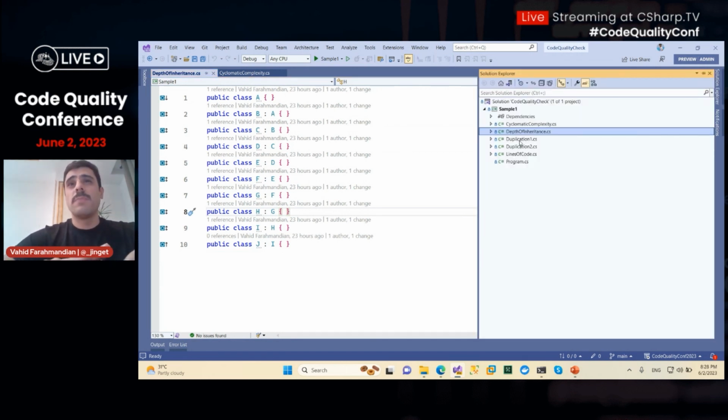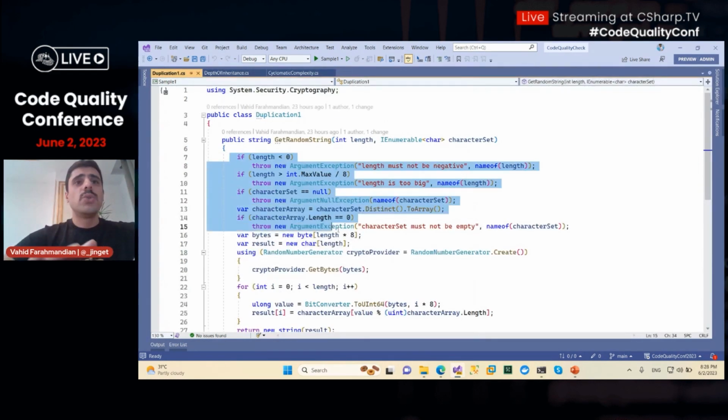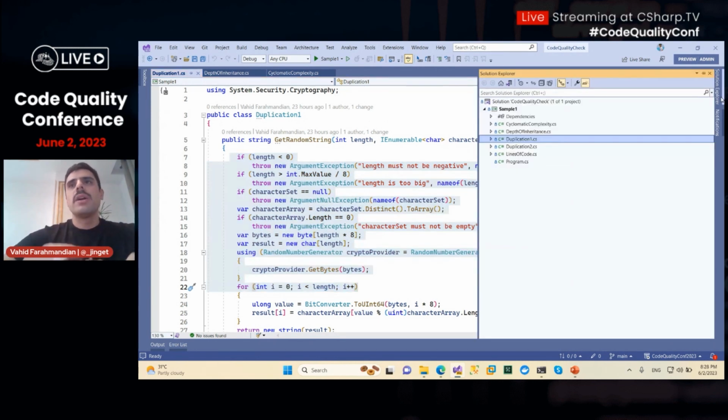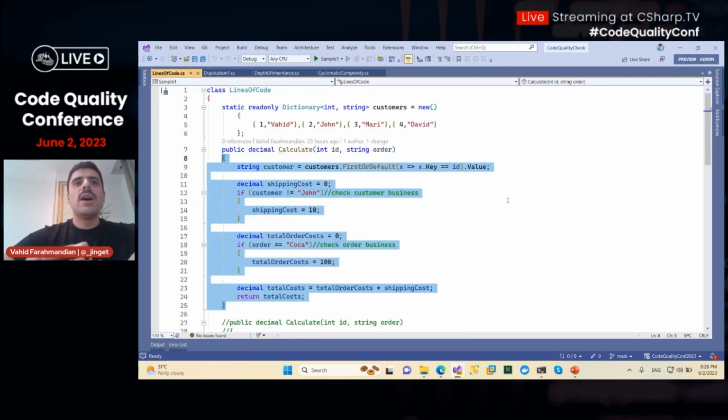Duplication 1 and duplication 2 are two pieces of code which are exactly the same as each other, and I'm going to find these duplications during my quality gates. Or I have a lines of code file, which is a method with a huge number of lines. As you can see in this method,